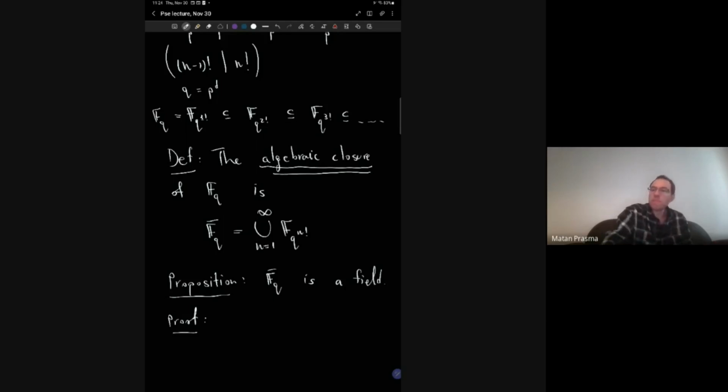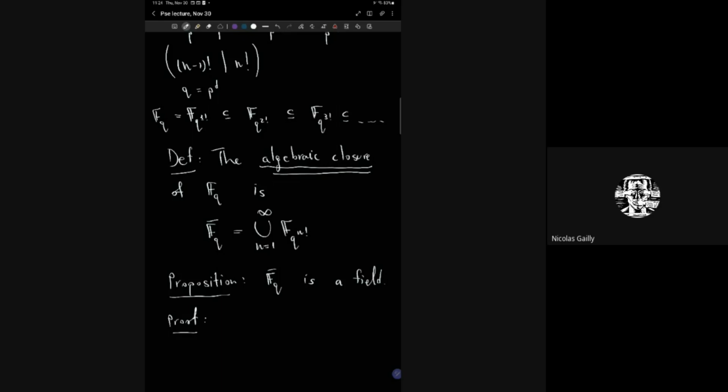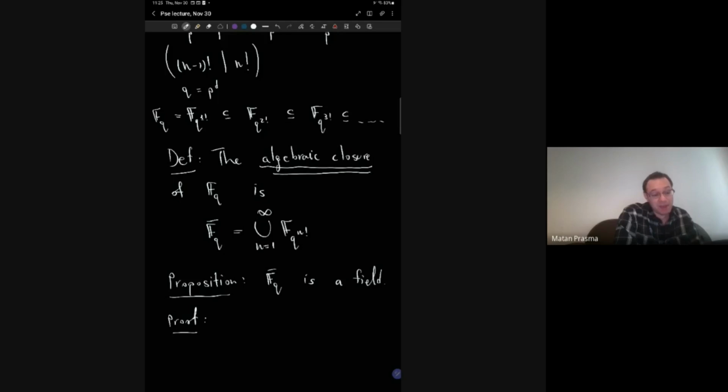Sorry, I'm a bit confused by the definition of the algebraic closure, because if you put n equal 1, you have F_q to the factorial of 1, and then you adjoin F_q to the factorial of 2, but we know that F_q^(1!) is already included in F_q^(2!). So you don't add new stuff, because each time you increase, you already contain the previous field that you defined before. Yeah, that's exactly the reason I need to take the infinite union,